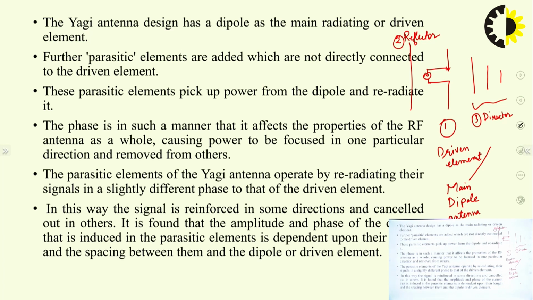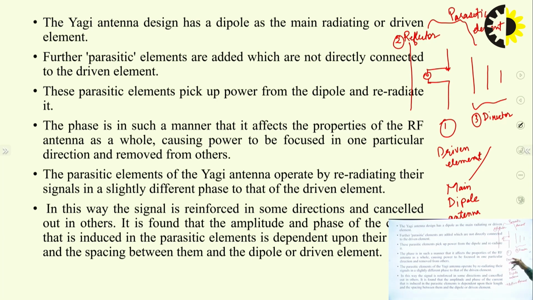Power is supplied to the driven element, so it is also known as the active element. The reflector and directors are not connected to the power supply, so these are known as the parasitic elements, meaning their feed is totally dependent upon the radiation